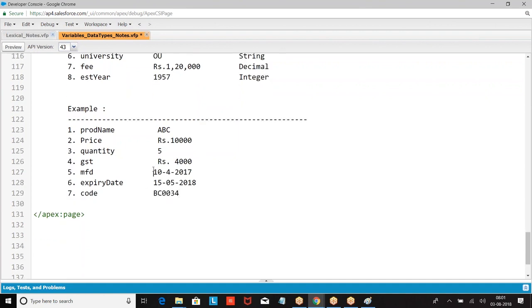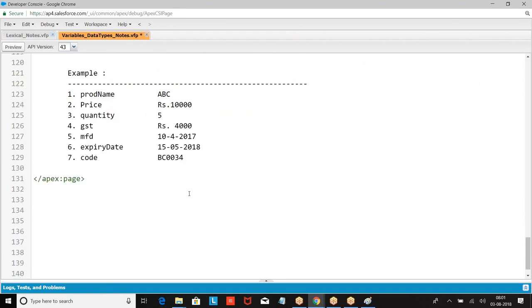Now create the data types for this. Make an attempt of writing it. Create the data types.